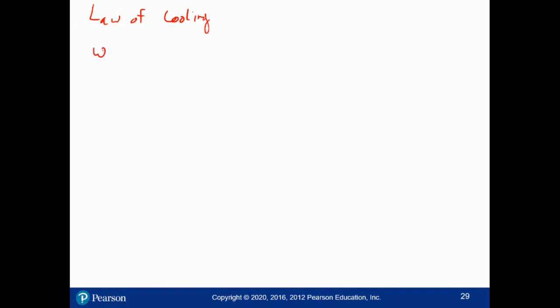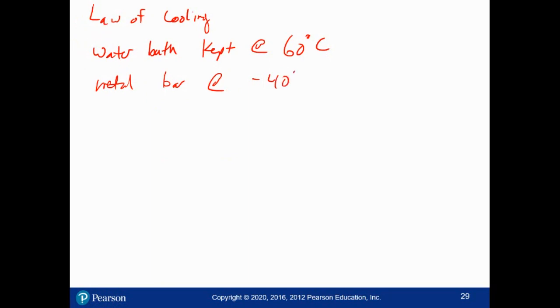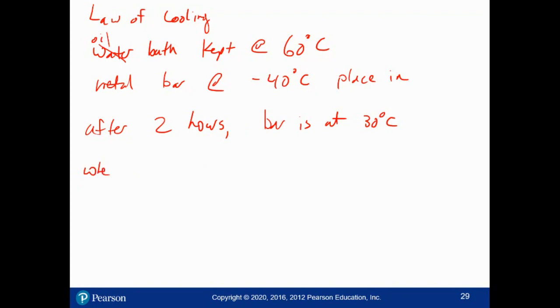So let's suppose I have a water bath which is kept at, let's say, 60 degrees Celsius. I take a metal bar at negative 40 degrees Celsius. Let's not make this water because I don't want it to freeze. We'll call it oil. Okay, I take a metal bar at negative 40 degrees Celsius and place it in. So after 2 hours, the bar is at, let's call it 30 degrees Celsius. When will it reach